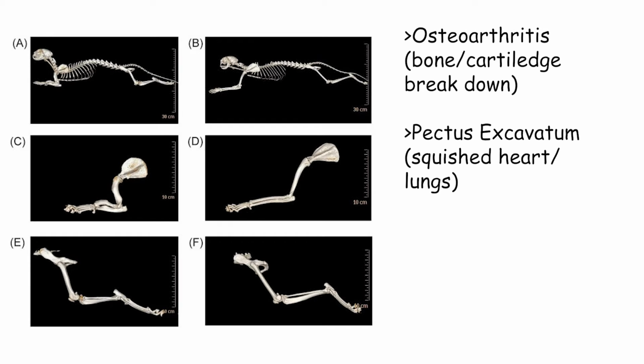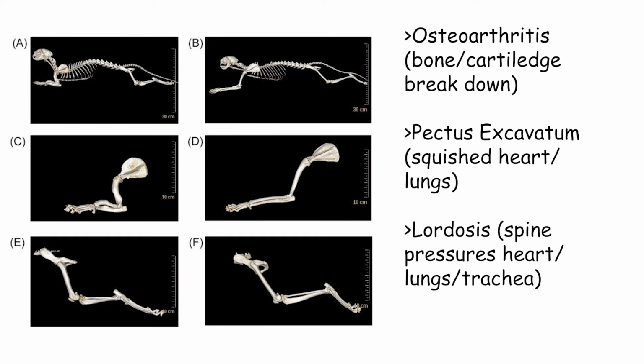They're also much more susceptible to lordosis, in which the spine lowers and puts potentially fatal pressure on the heart, lungs, and trachea, not to mention how painful it is on the spine and shoulders. Also, shorter limbs mean the cat has a harder time expressing natural behaviors and thus have a lower quality of life than non-munchkins. They can't jump nearly as well, and cats need vertical territory in order to feel happy, fulfilled,